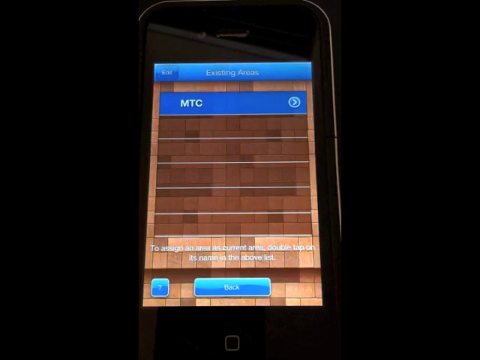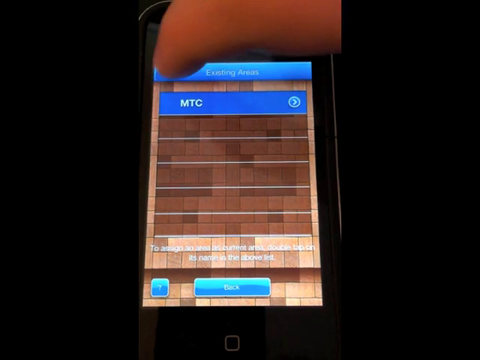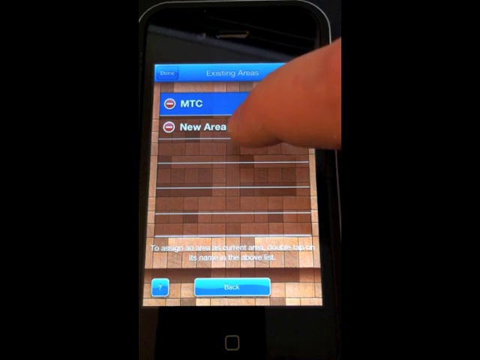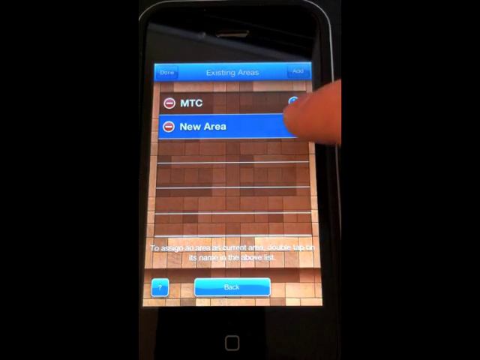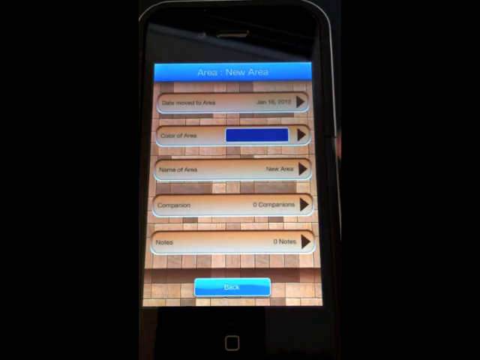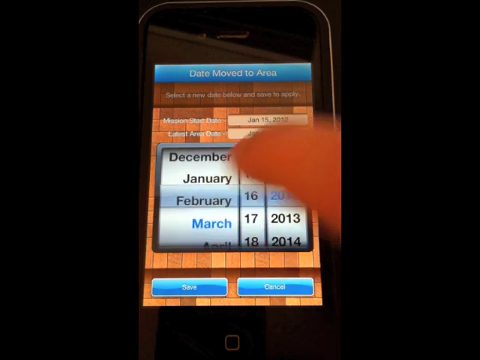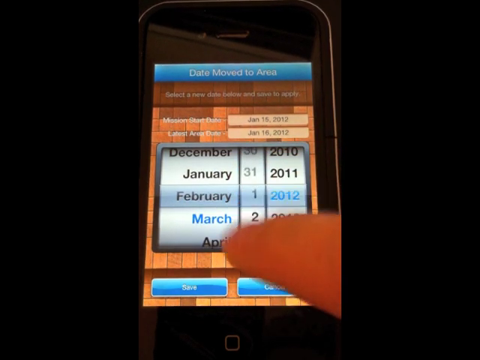As time goes on, you're going to add additional areas. So you can always go back to Add Areas, hit the Edit button, click on Add, and then as the new area changes, you can double tap to the area that they're currently in. Let's just change the date a little bit on here. Let's say they were in the MTC for 2 weeks, so that would put them at February 1st roughly, that they went to their